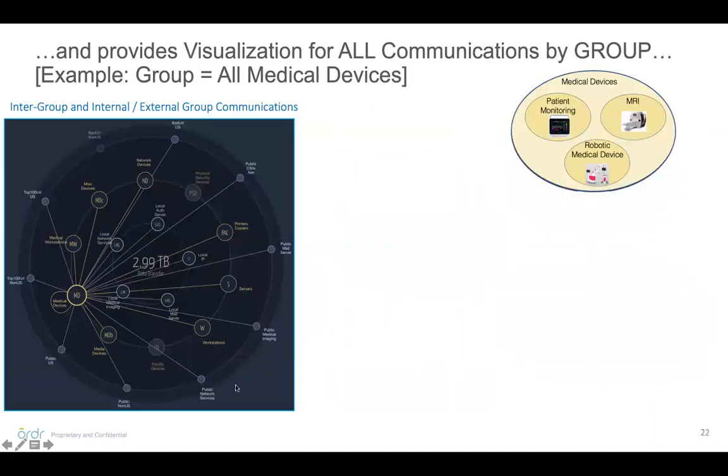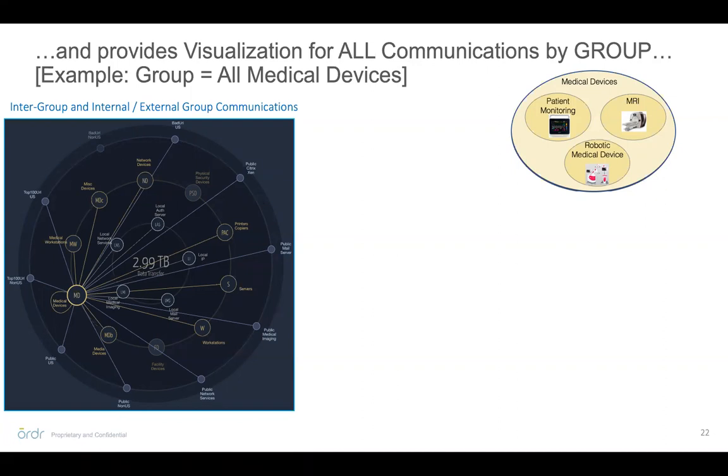We provide a visualization and this is what we call a constellation diagram that shows all the different types of major groups of devices within your network. And the inner ring is your internal networks, things that are often found in your data center. And the outer ring are things that you would find out in the internet. And being able to say, are my medical devices communicating to things out in the internet very quickly? And especially I want to know if it's communicating to sites that are affiliated with bad URLs, or if it's communicating outside the US.